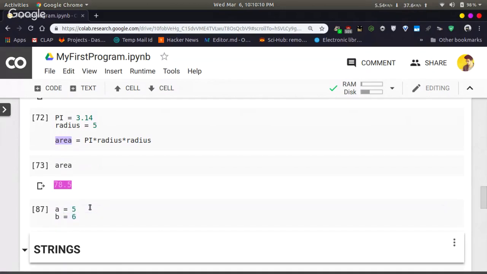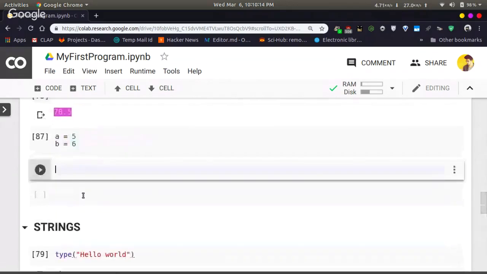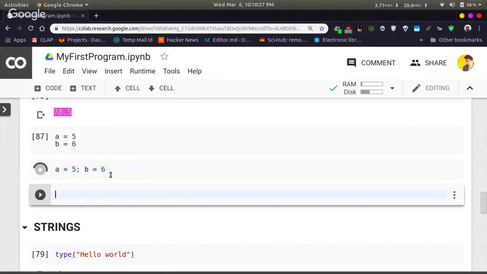What if you have to do this in a single line? A equal to 5 semicolon, b equal to 6. See, this is one way you can also do that same operation.